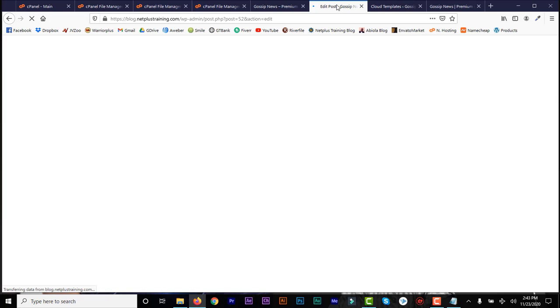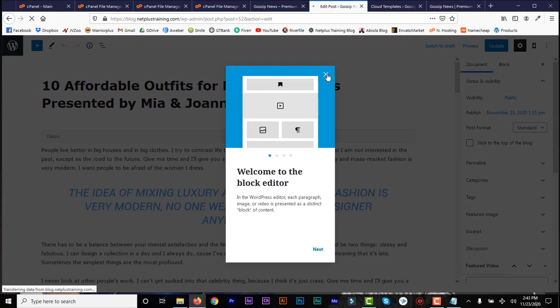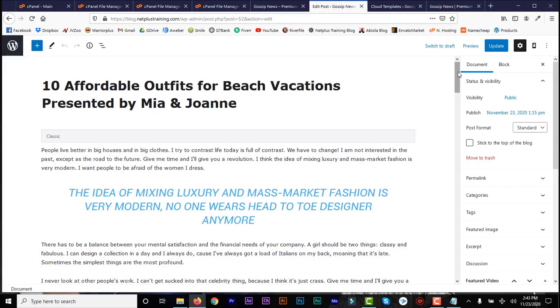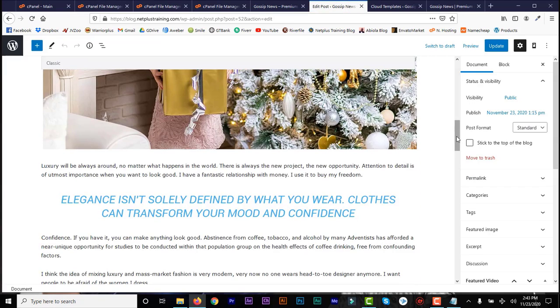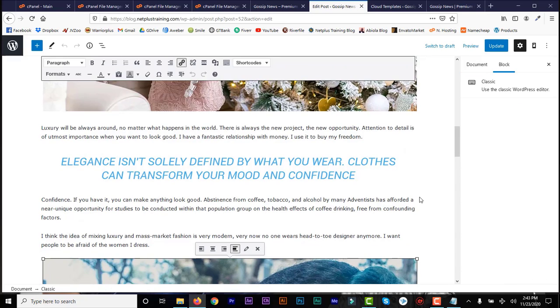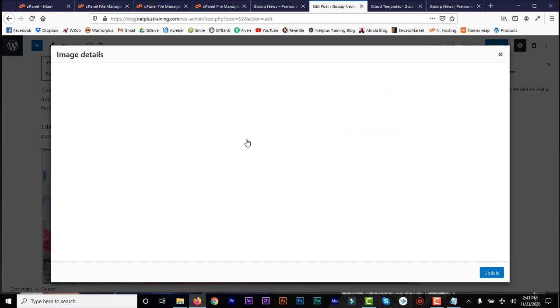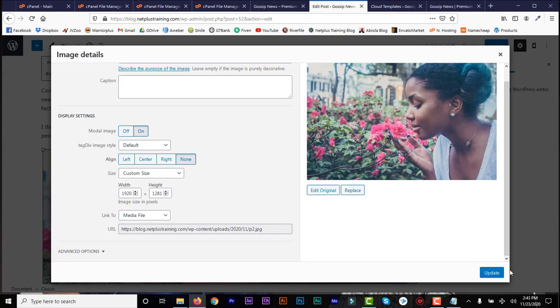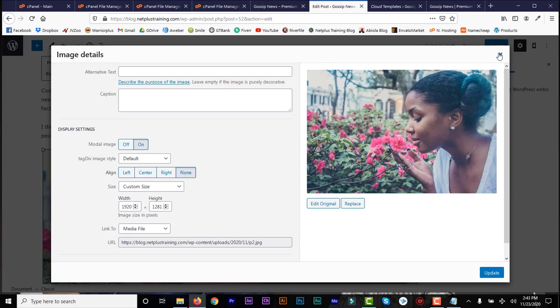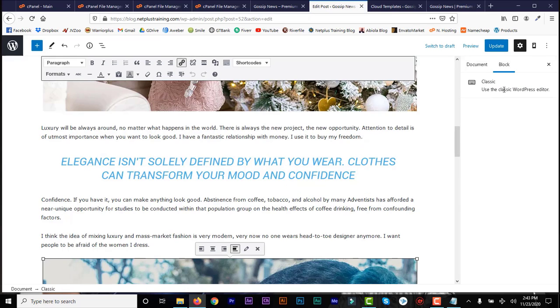It's very easy, just like your normal post, and you can see your tag div. You can add your image, delete this image, or just change the image without deleting it. You can always click on replace and replace that image, replace the content,